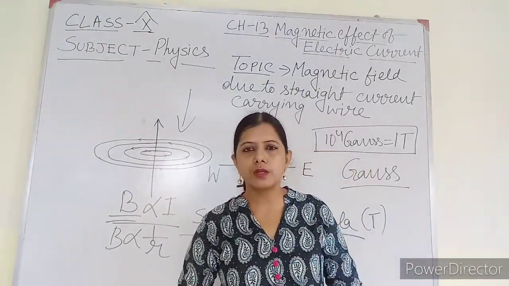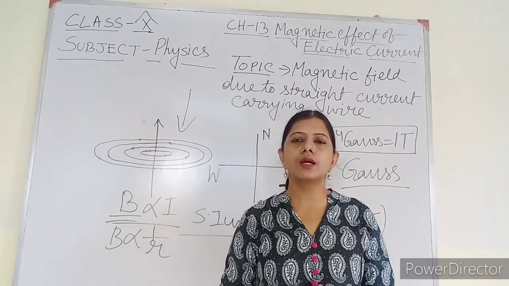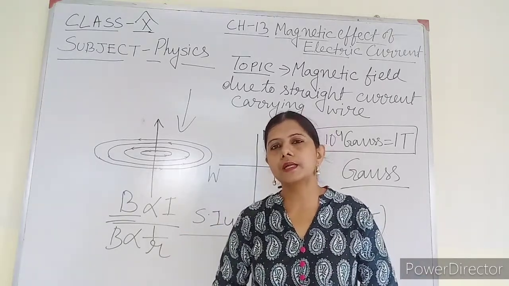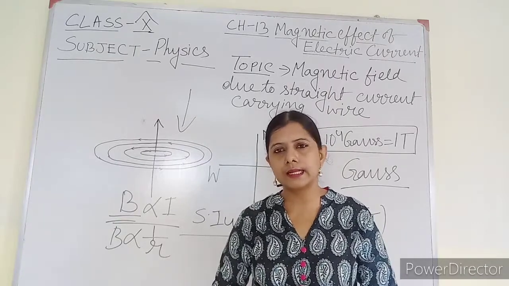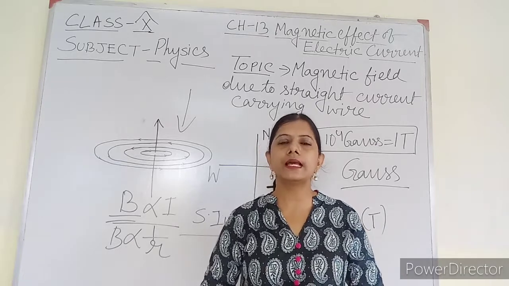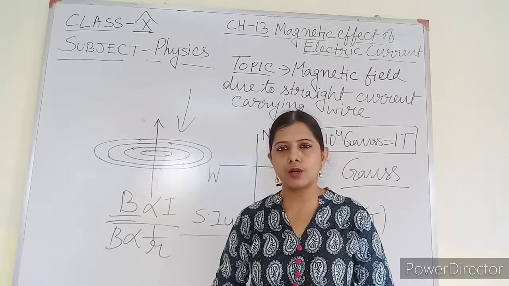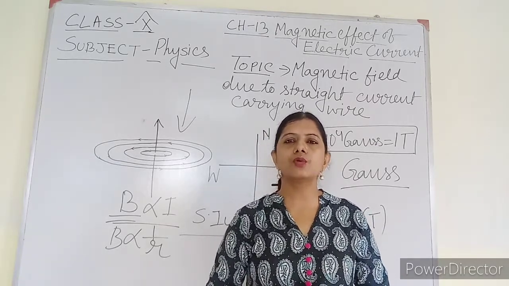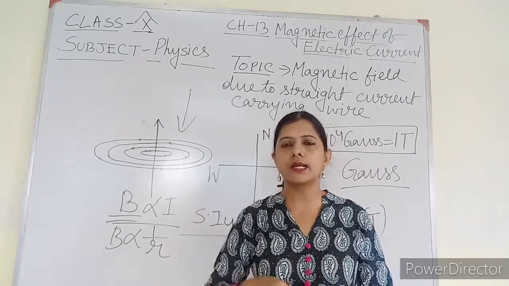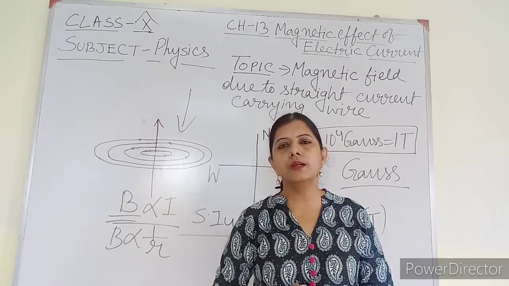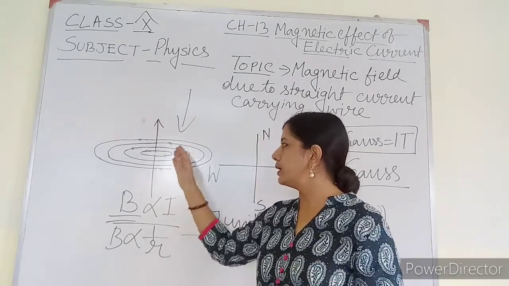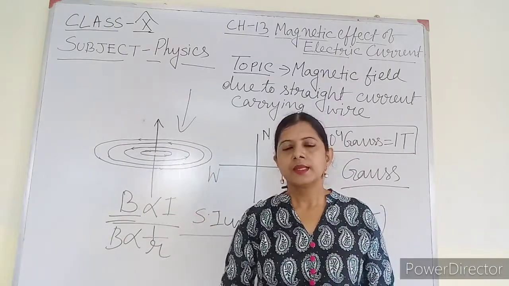So this is a tip also you can remember. Always you don't have to use pen, pencil or something to find out. Whenever current flows towards north direction, then in a straight current carrying conductor, the field lines will be directed anti-clockwise. On the other hand, when the current will flow in the southward direction, that is downward direction, the field lines will be clockwise. This one you can remember, or you can do it by your own here.